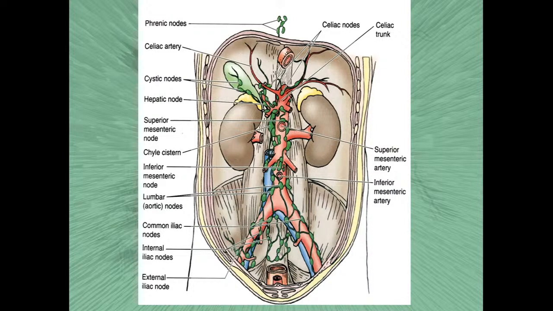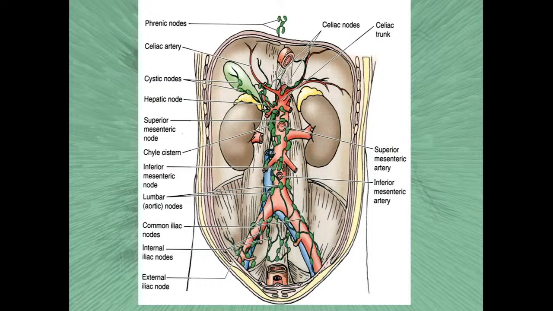Then to the lumbar trunks, and finally to the thoracic duct. If we're talking about the organs of the peritoneal cavity, which are mainly unpaired organs of the digestive system, these collecting groups of the visceral lymphatic nodes are represented by the celiac lymphatic nodes located around the celiac trunk, superior mesenteric lymphatic nodes located around the superior mesenteric artery, and the inferior mesenteric lymphatic nodes located around the inferior